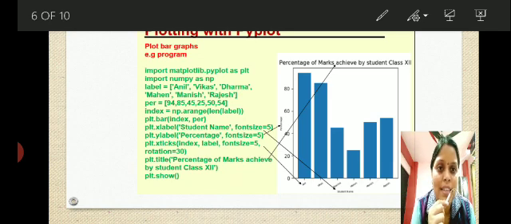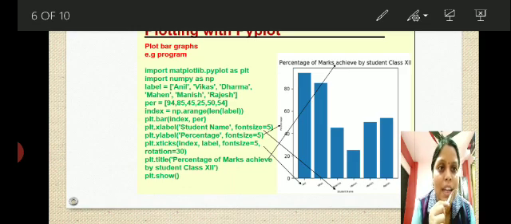plt.xticks, we are going to have index, level, for font size equals to 5, rotation equals to 30. What it means? These xticks are going to show you the lines on the x axis. We can see the lines. Now we are having the lines, that is the marks. Similarly, for the y axis also you can use the yticks.